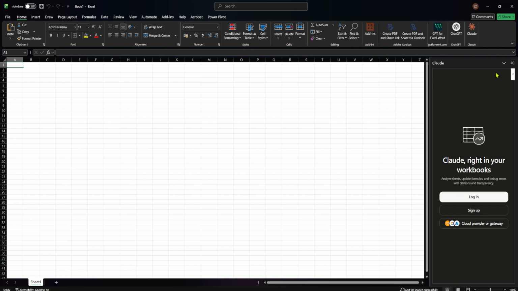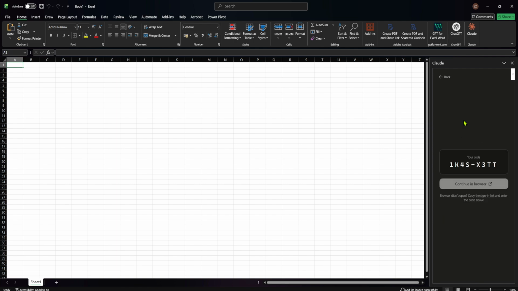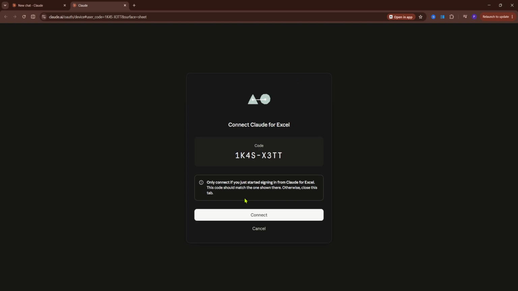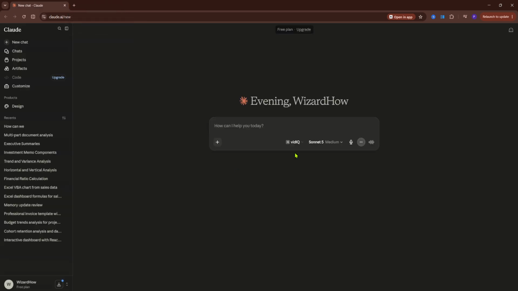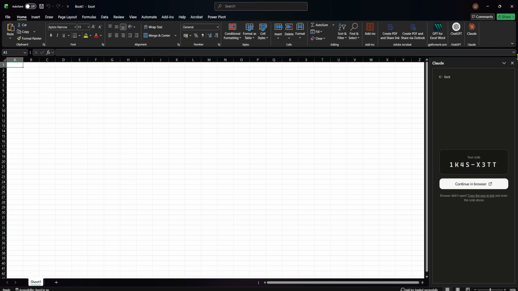On the right side it will open up, and what you need to do now is log in with the correct code. We see the code right here. All right. So you will need to use Claude in Microsoft Office. You will need a Pro, Max, Team, or Enterprise plan for Claude to join in this connection, Claude and Excel. If you have it, then you will be redirected to log in, and after that you will see it